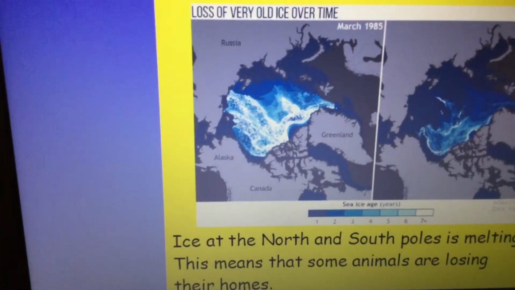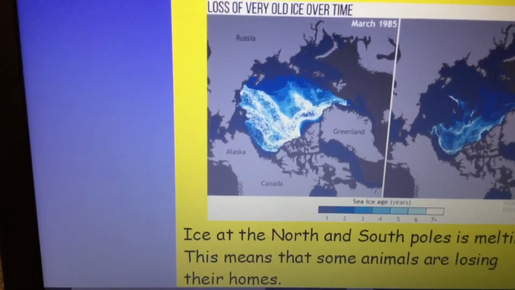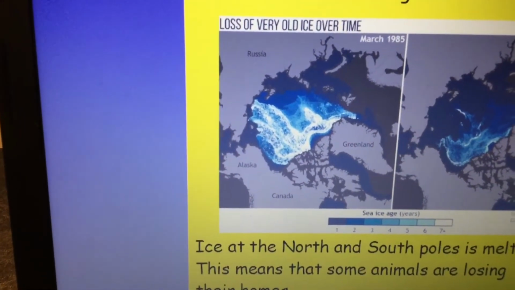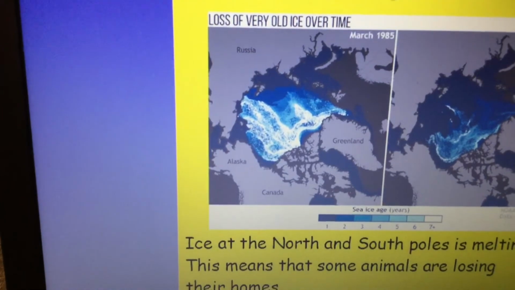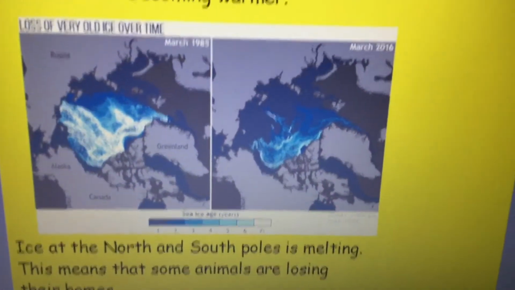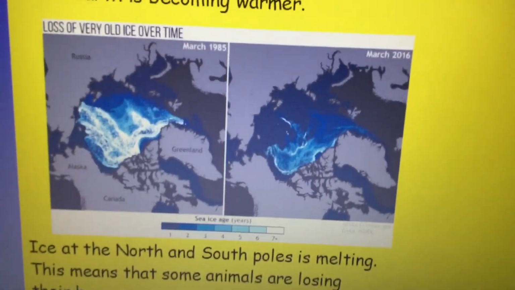Okay, so you can see where it's really dark blue, it is sea ice age years. So it's how old the ice is. Okay, now as we move over, we're going to March 2016, and you can see here